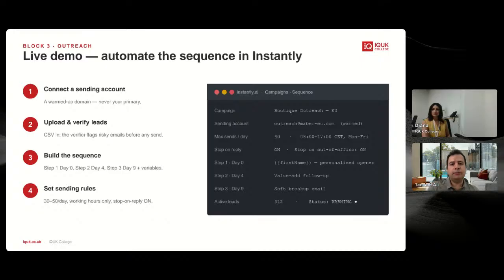A couple of things people don't realize when they start. Always use secondary domains. Don't send emails from your primary domain because cold emails can sometimes signal to spam folders. It can damage your domain reputation if you send too many emails from your primary domain. Secondary domains are as good as the primary ones when you are talking about cold reach out.